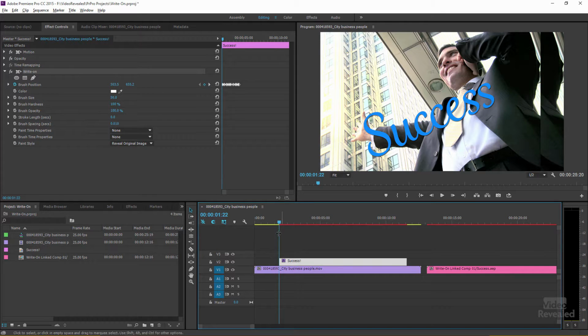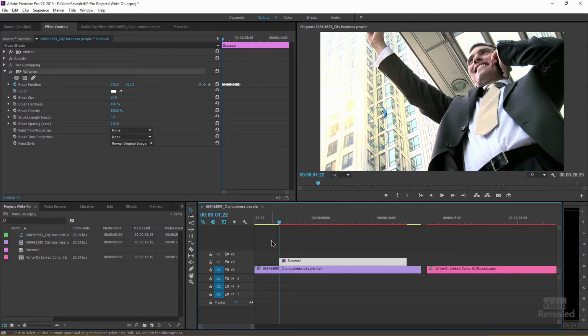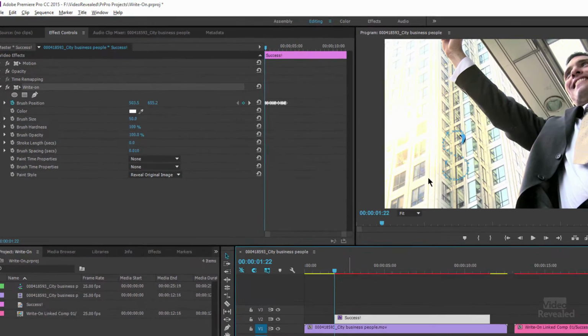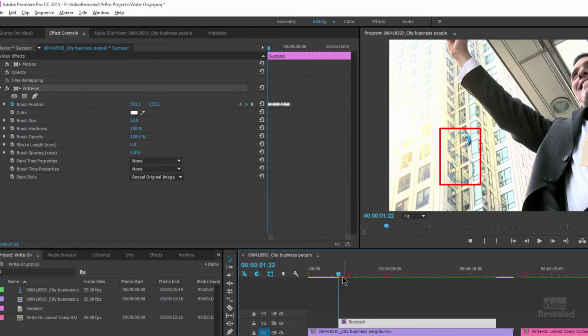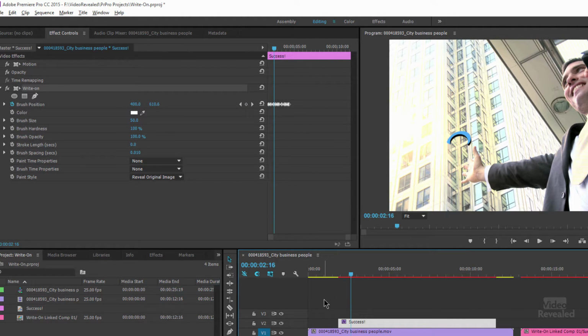Now watch this. I just moved my playhead. It still hasn't even drawn that frame. I'm still waiting for that frame to draw. Still waiting. Come on. There we go. It finally drew that frame. You can see the beginning of the letter S. And then I'm going to move ahead, just going to hit play, and you can see